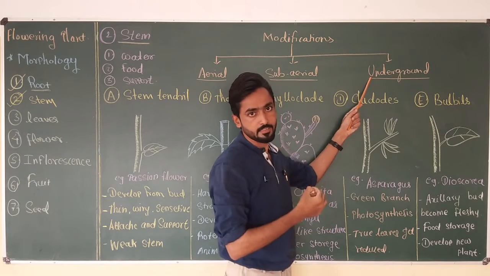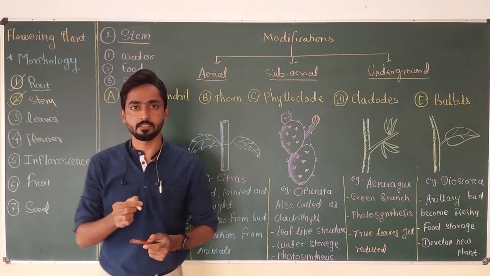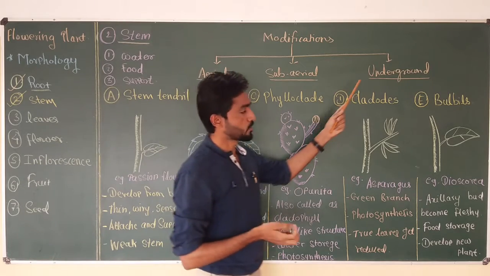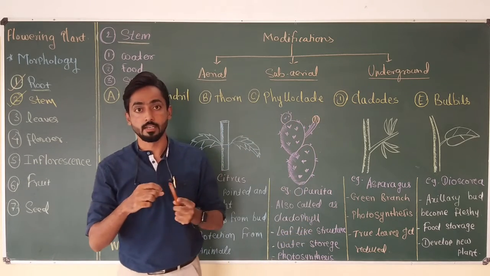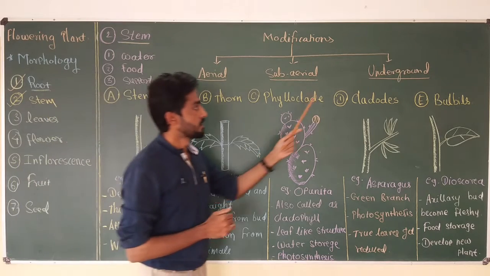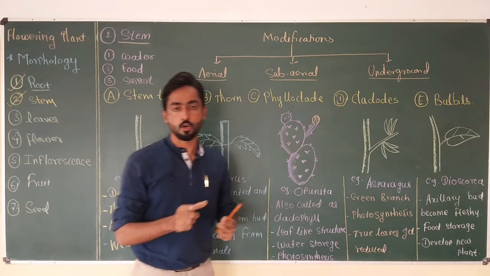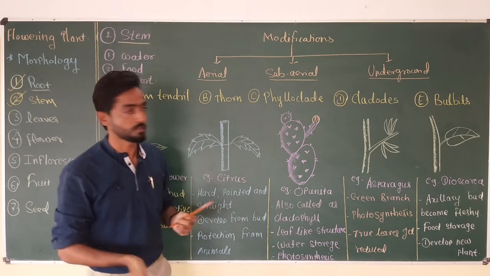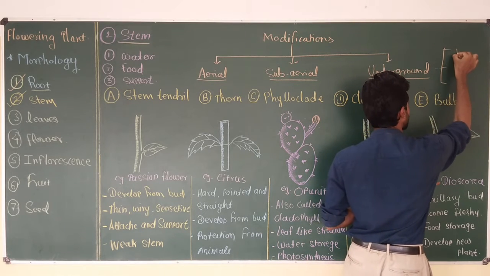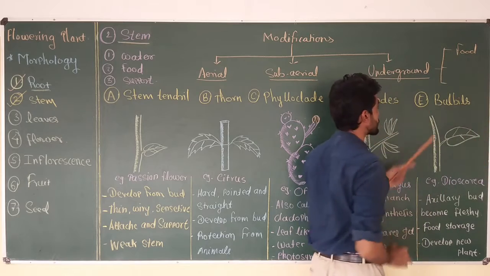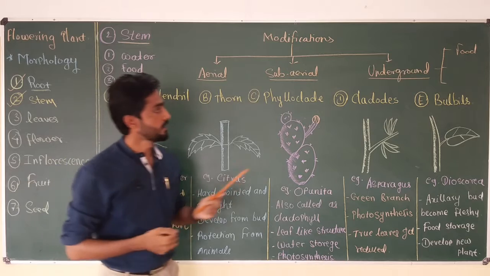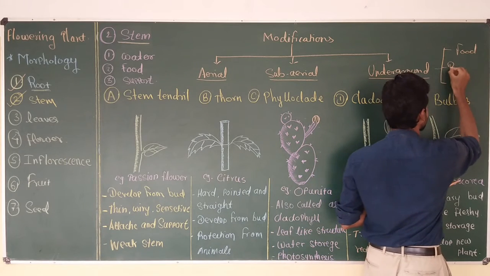The last type of modification is underground modification. The name itself suggests that these are the type of modification in which the stem grows below the soil surface. Okay, and due to the growth of the stem under the soil, the leaves get important functions in this type of plant to perform photosynthesis, and generally underground modification of stems occurs for performing three important functions. That means when the stem grows underground, it performs three functions. Number one, storage of food, and due to the food storage, these types of stems become thick, fleshy, and swollen. Okay, then for perennation,